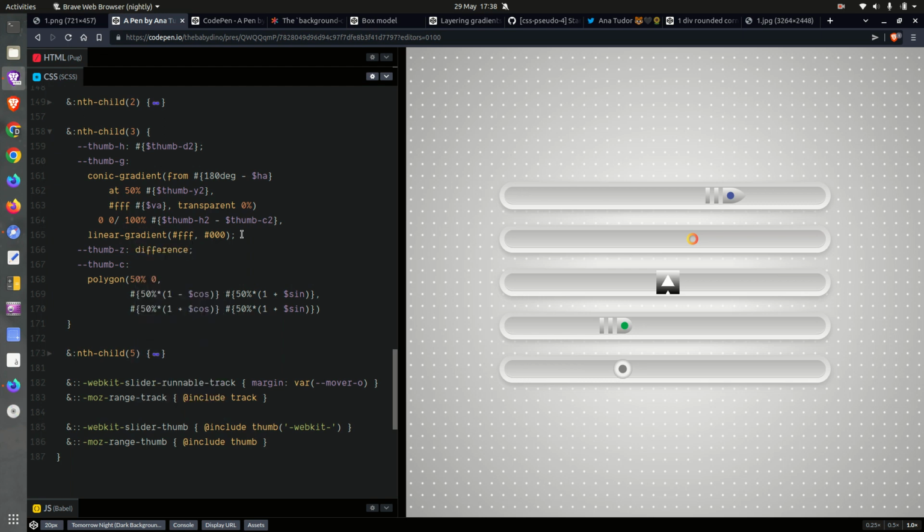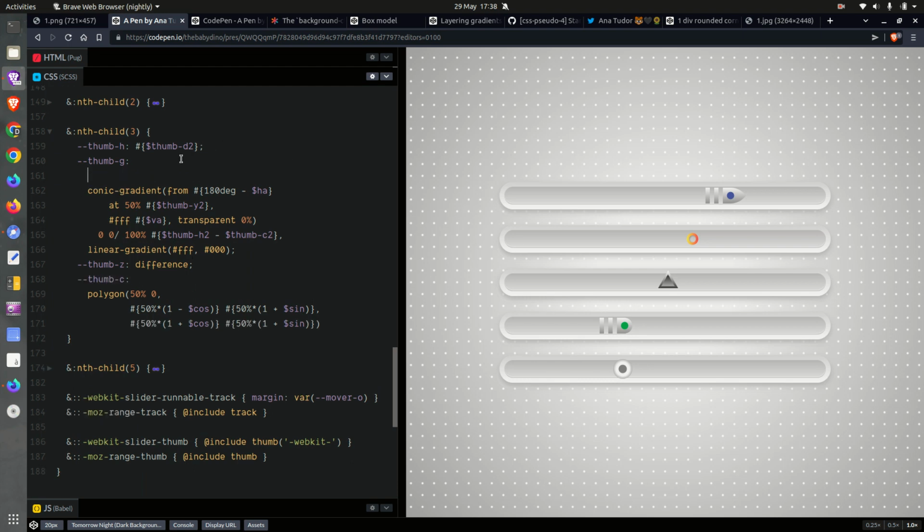Difference. Okay, so it's starting to look like something. We are going to need some milder colors there, so we're going to add another layer. This one is going to be